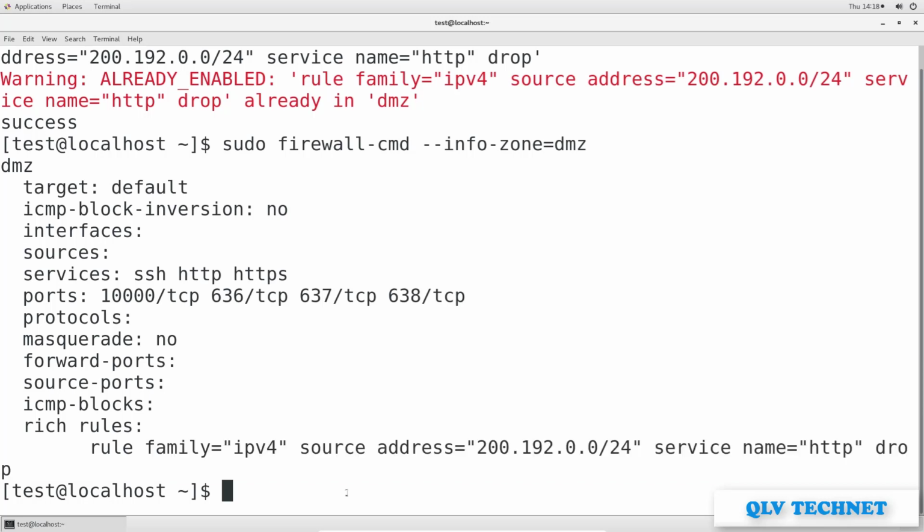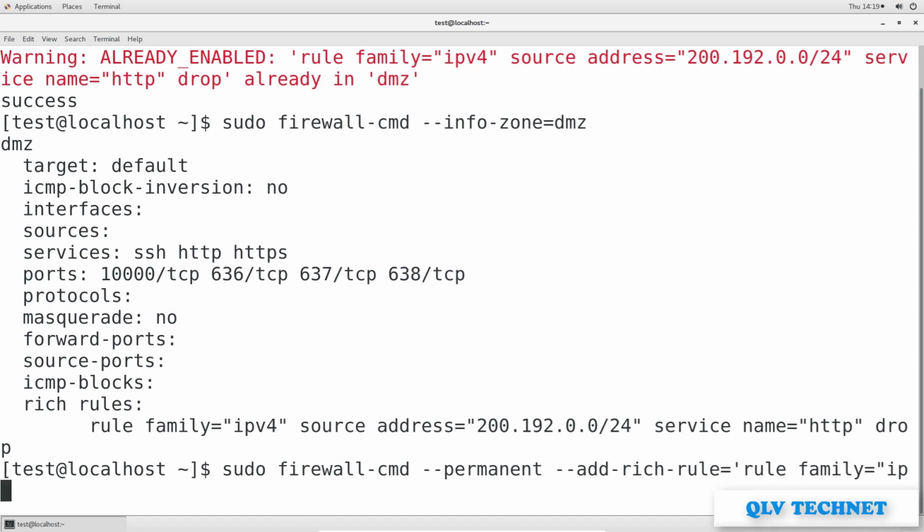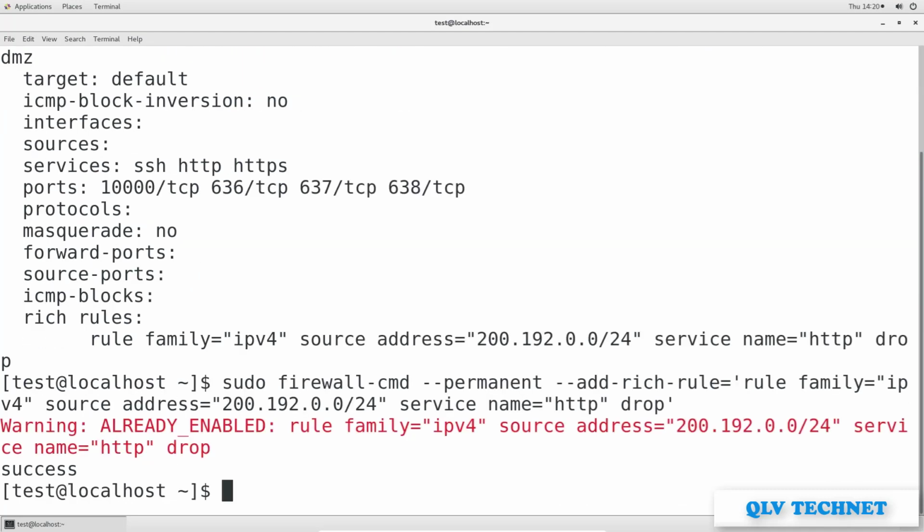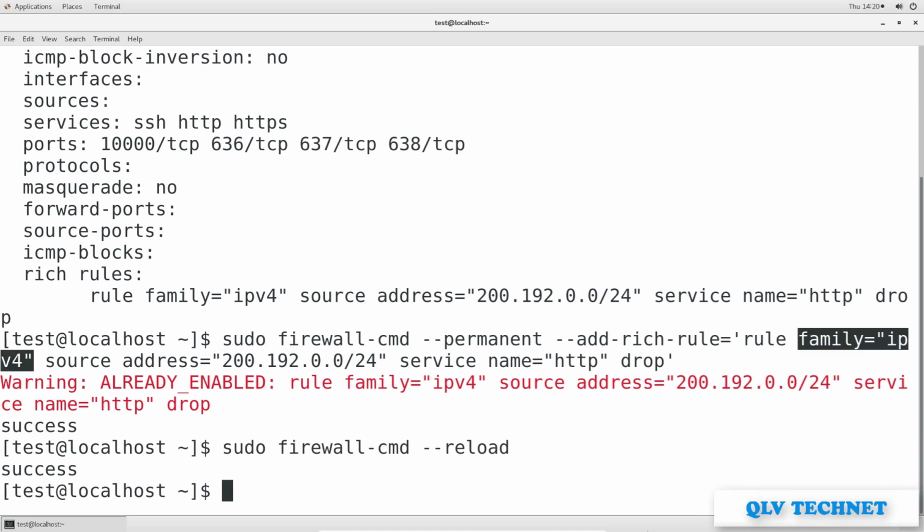Let's see what our zone looks like with this new rule. The rich rule shows up at the bottom. After we've tested this rule to make sure that it does what we need it to do, we'll make it permanent. So, include permanent in the command and then run the command again. It's a success. Reload this. You could just as easily write a rule for IPv6 by replacing IPv4 with IPv6 and supplying the appropriate IPv6 address